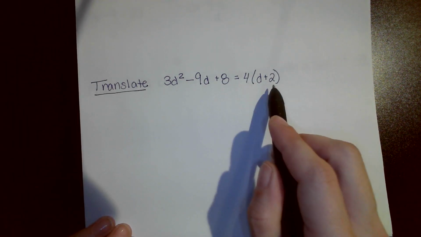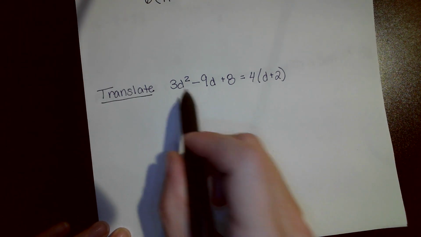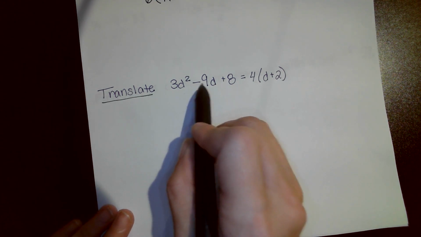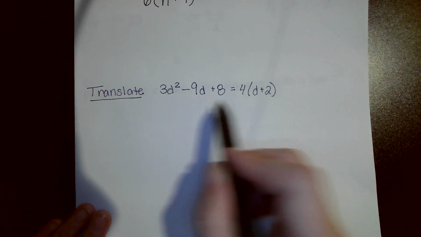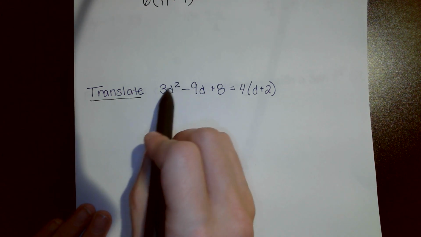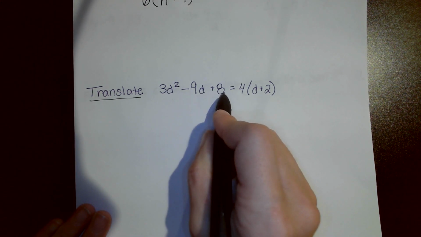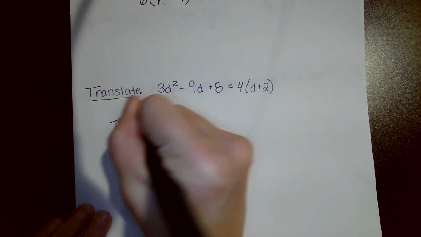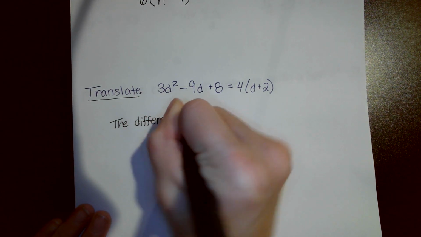So there's a lot going on here. So I'm going to break it down one step at a time. I first ask myself, okay, what do I have happening? I have 3d squared minus 9d plus 8 equals 4 times d plus 2. So first I have the difference here and then addition. So I could do the difference of, I don't need to because it doesn't have to have parentheses, but I'm going to. So the difference of